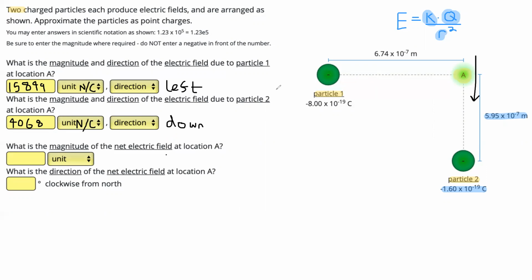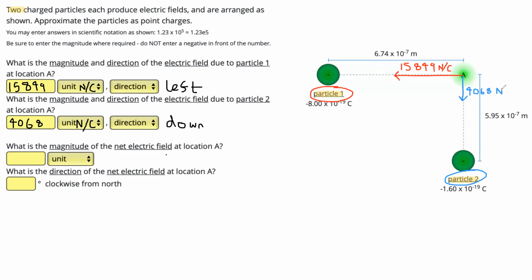Awesome. So we now have our fields due to the individual particles. We now need to figure out how to add those together. So I'm going to draw them onto our diagram. We have particle 1 with a big field strength pointing towards the left. So 15,849 newtons per coulomb towards the left. Then we have particle 2, which has a smaller field strength and it's pointing downwards. So it's downwards and it's